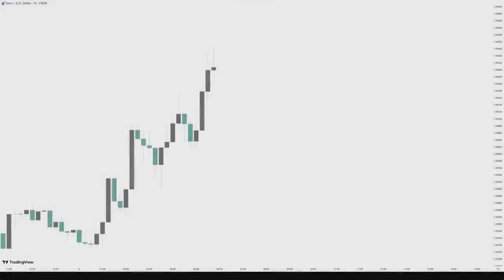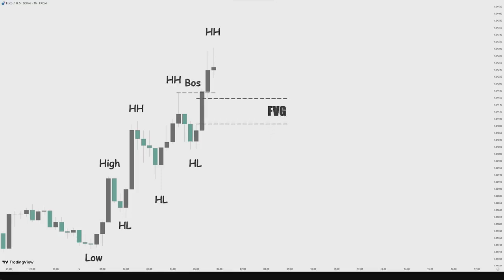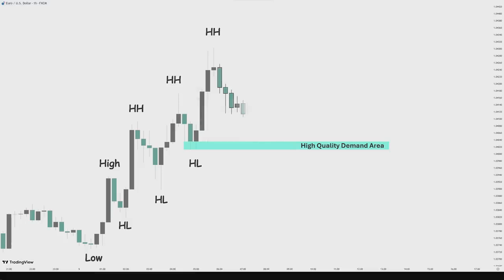For example, if we draw zigzag lines on the Euro-Dollar 1-hour chart, we can clearly see the highs and lows marked. The latest impulsive movement meets all the criteria for a high-quality demand zone. It has created a fair value gap, broken through the previous market structure, and pushed the price higher by a significant distance compared to earlier moves. Once the price retraces back to this zone, there is a higher probability that it will reject the area and